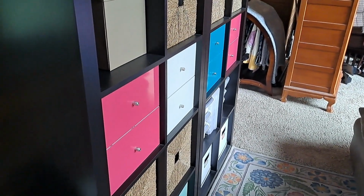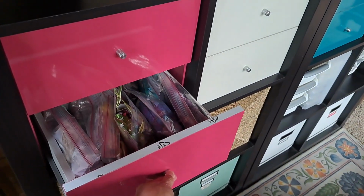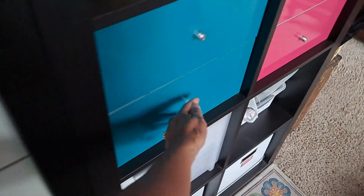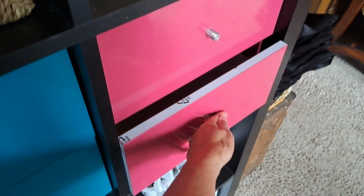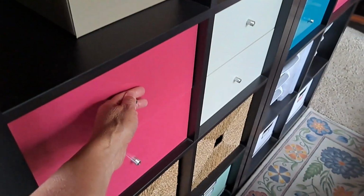I'm making progress. I'm kind of feeling accomplished. I have gone through, this is the ribbon I'm keeping, but all the other ribbon drawers have been gone through. So, loving that. So I think today what I'm going to work on is this